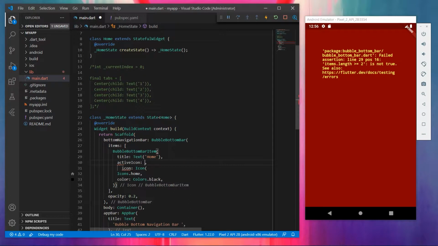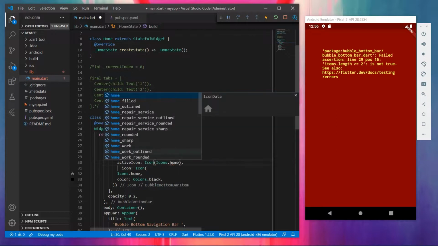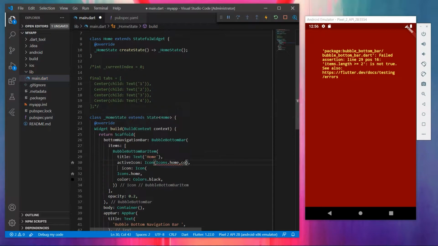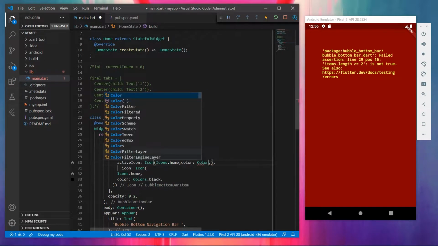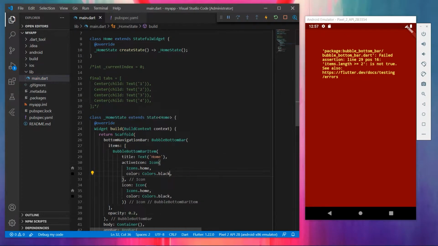and active icon, that is when we click on that, the icon that would be showing will be placed here. So active icon would be Icons.home, and color as Colors.black. Now I have added title, active icon, as well as icon, and the fourth parameter that we have left is a background color.